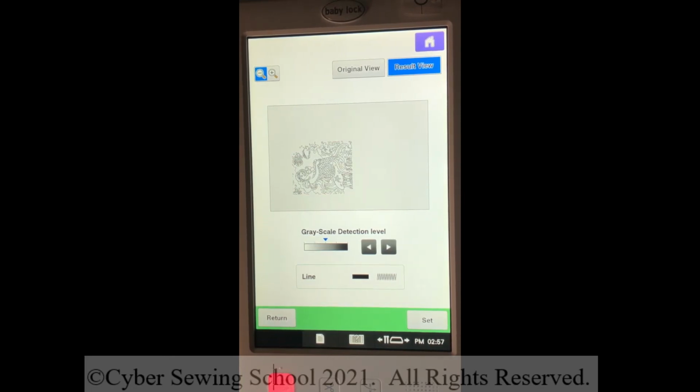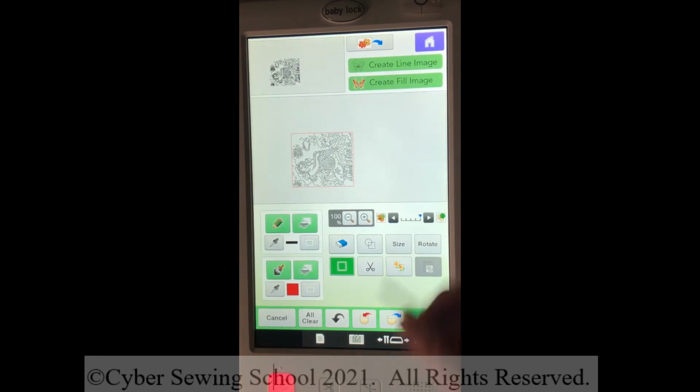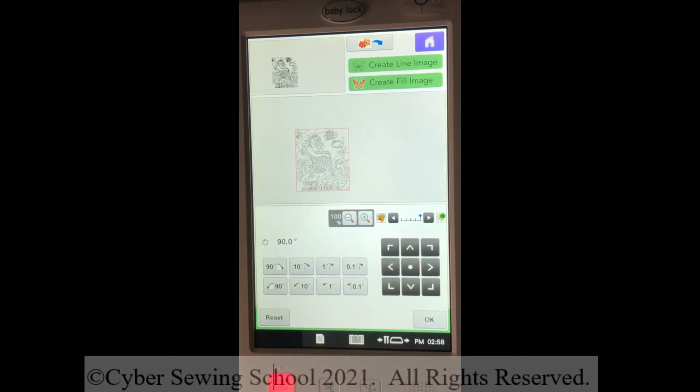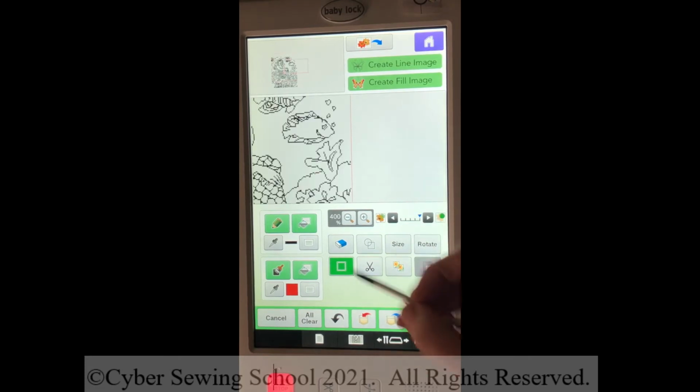And then you can work with the grayscale detection. Let me go all the way over to the right, see how that works out. I think I like it better in the middle. Let me just retry it. Again, this is something, maybe one over to the right. Let's retry that. Okay, I'm going to stick with this one right here, set the design, and here we go. So from here, I'm going to make the background disappear, press the right arrow key. I'm going to rotate this now because it's just a little easier to work with if I can see her right on. Okay, so from here, I'll press OK, and I'm going to definitely magnify this and use my eraser